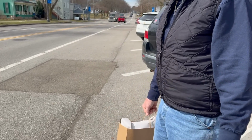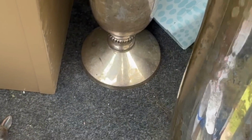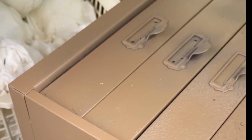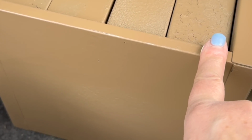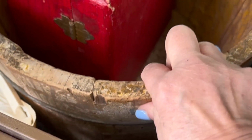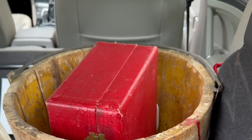Don't get hit by this truck coming. Today's treasures. Well, these are incredibly heavy and they're wonderful, and yeah, these are good. Here's a cute little box that someone has already kind of cleaned up and painted, but we're gonna paint this and do something fun with it. Really great old wood bucket with some original paint on it, and a little red suitcase to make over if anybody wants to do a little travel journal